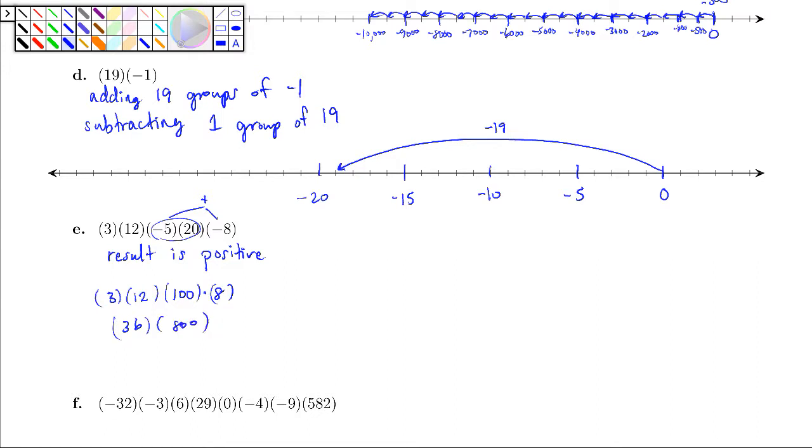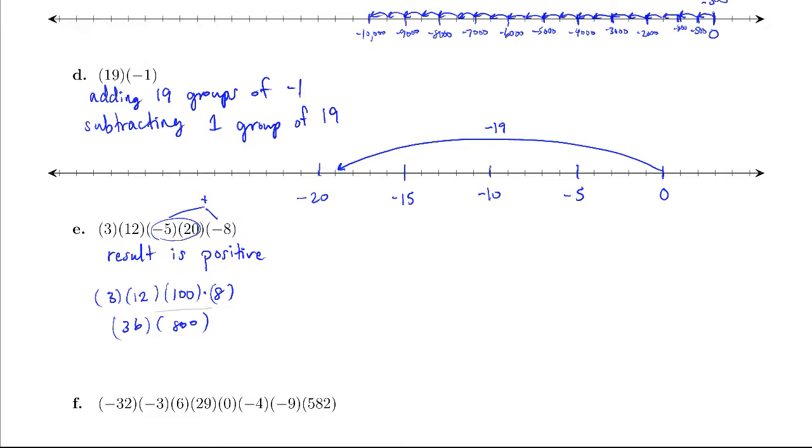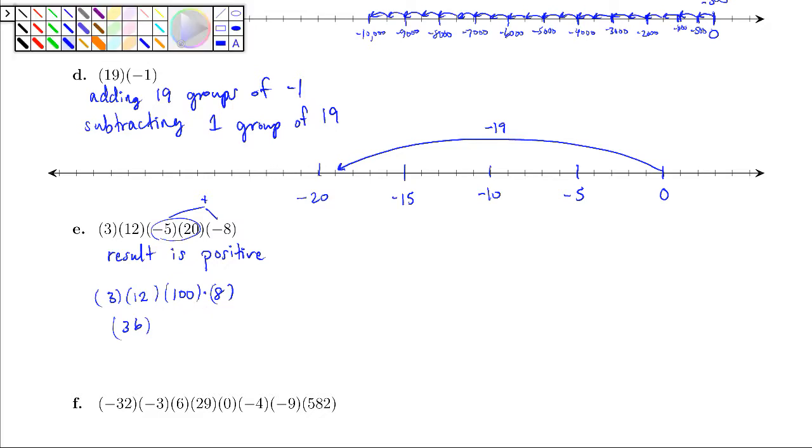And 36 times 800, well, I don't really want to do that. I want to do times 8 times 100. So 36 times 8, let's see, 36 times 2 is 72